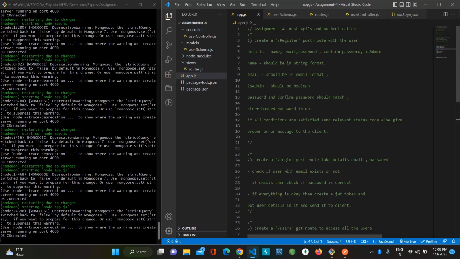In this first problem I need to create the register API. So in this register API, this should be a post API. So in this post API, I need to give name, email, isAdmin, password and confirm password. So there are some limitations here. So the password should be stored in the hashed form,